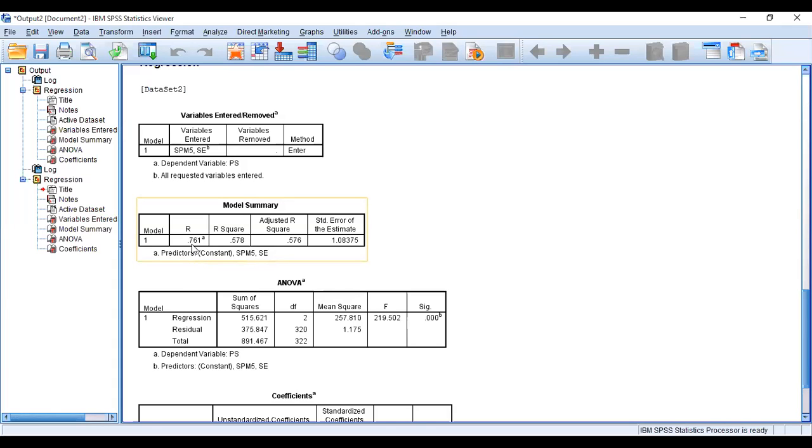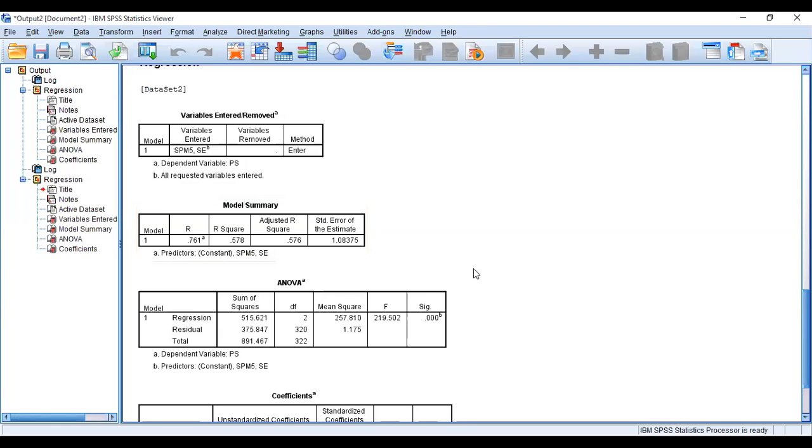Moreover, the value of R square is 0.578, which reflects that project success has a variability of 57.8% due to the impact of independent variables like sustainable project management and stakeholder engagement.